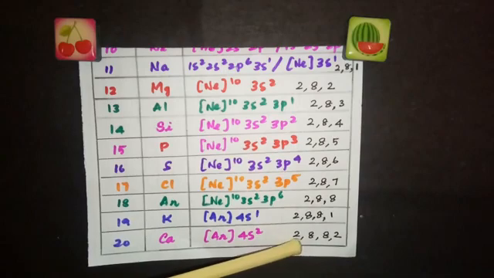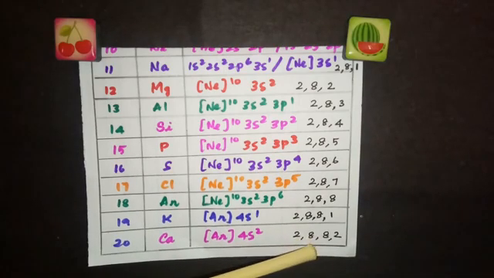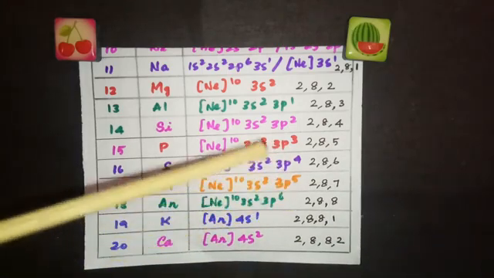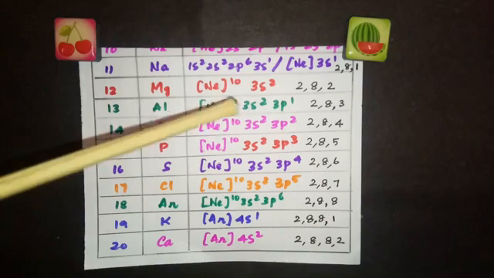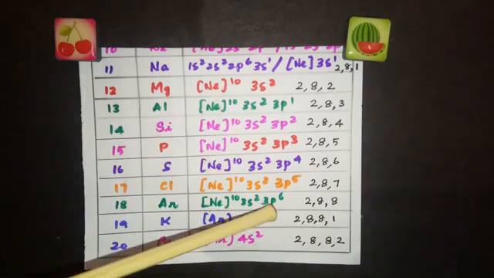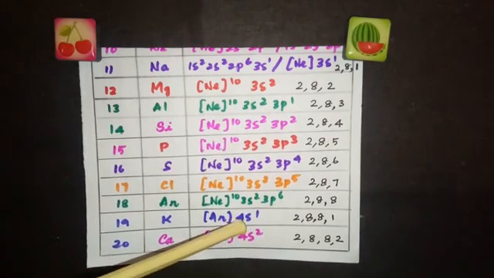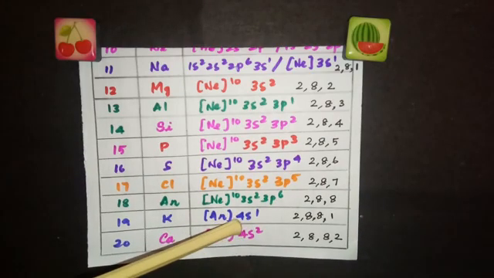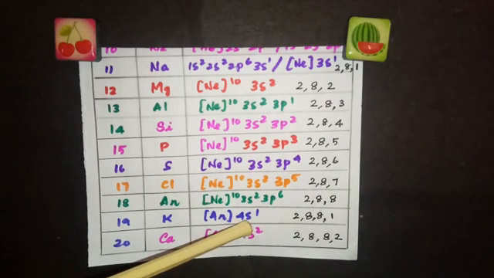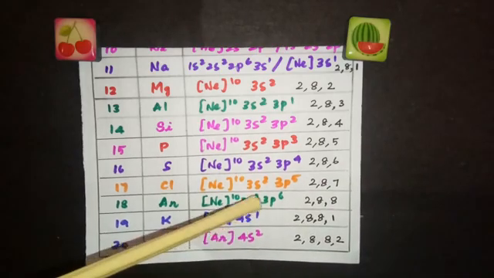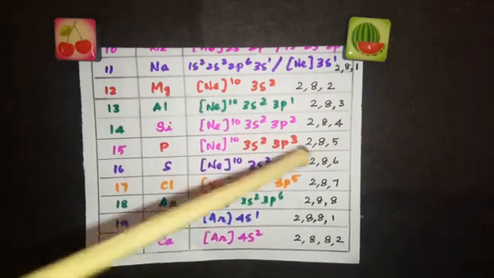But here you have 2 in the K shell, 8 in the L shell and 8 in the M shell, because we are following Aufbau's principle to fill the subshells. So after filling the 3p, we are not filling 3d. Which orbital are we filling? We are going to 4s, because compared to 3d, 4s has a lower energy. I taught you the n plus l rule. So after filling 4s, only then is 3d filled.